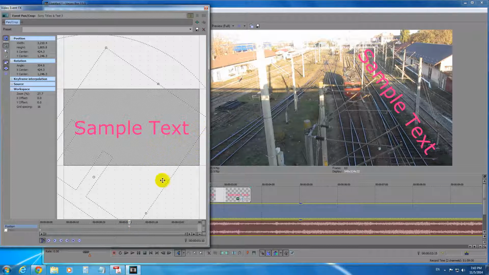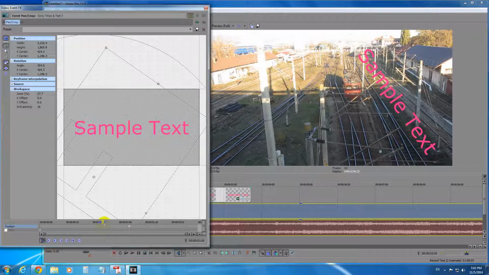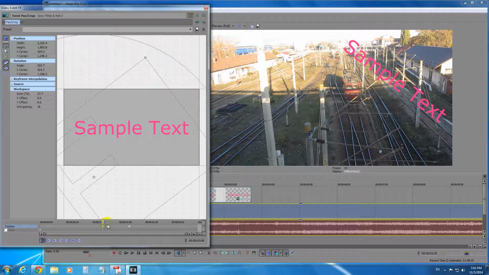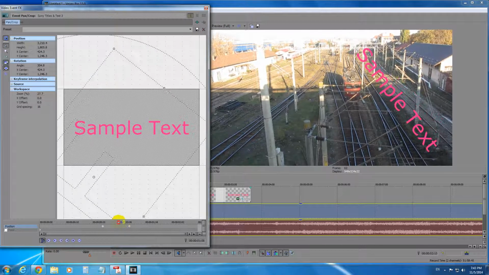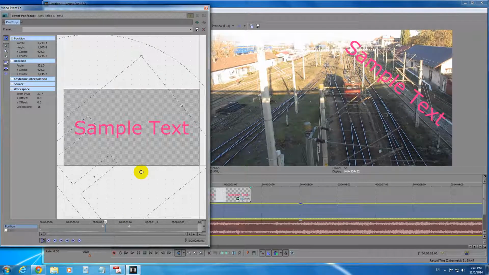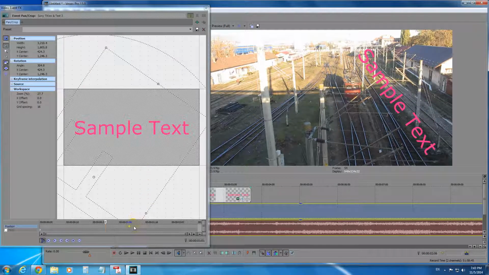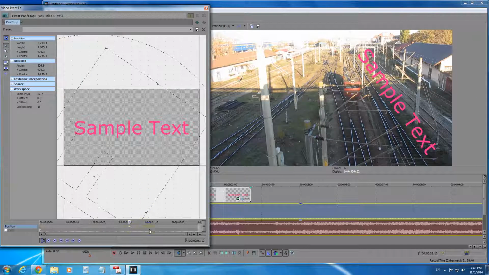So each and every setting that you make, let's say you place the cursor here and rotate it, it creates a keyframe, and from one keyframe to another it makes that movement. Okay, let's undo it. So we work on this keyframe only,